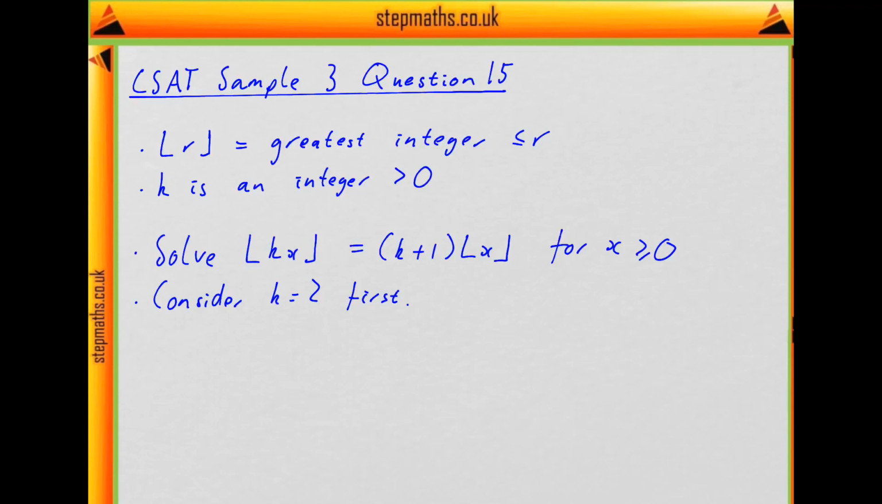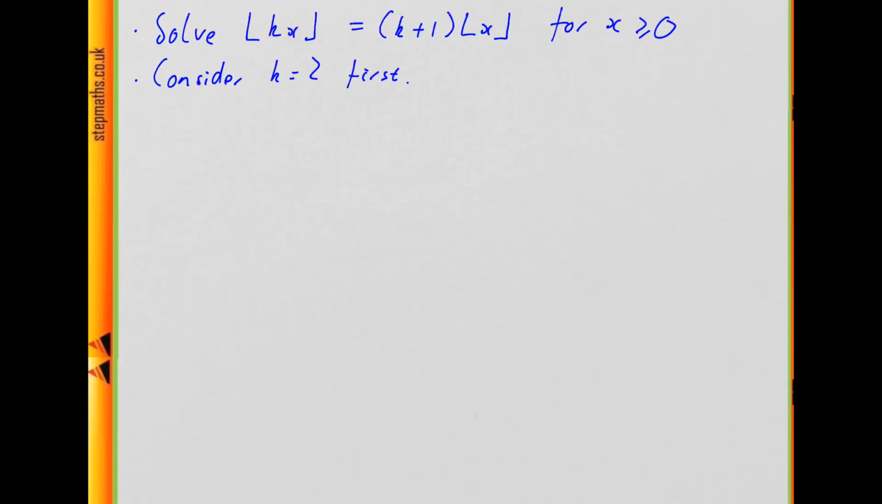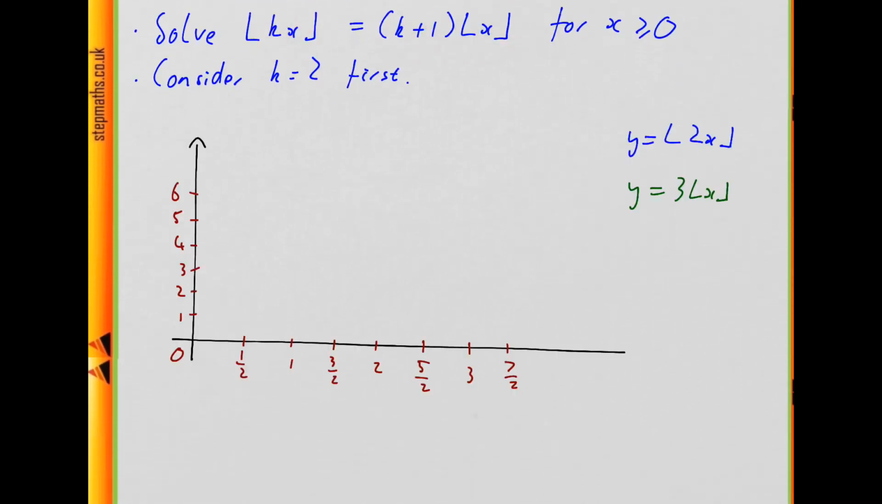Okay, so I think a good way of understanding this is to look at the graph. So let's graph the two sides here. I've drawn some axes, and these are the two functions I want. If k is 2, this is box kx, and then this is going to be 3 box x. Let's do this one first. So the thing to remember is